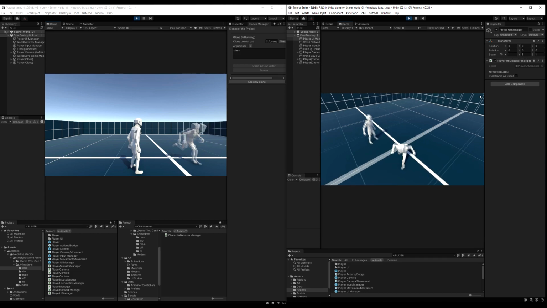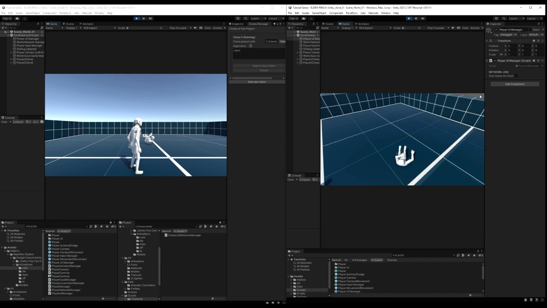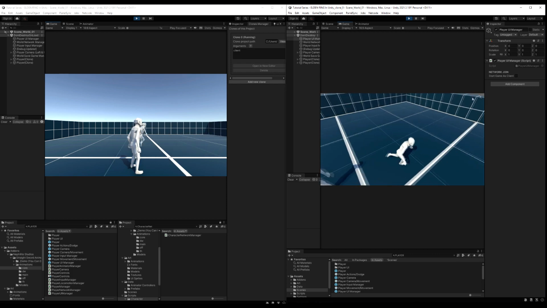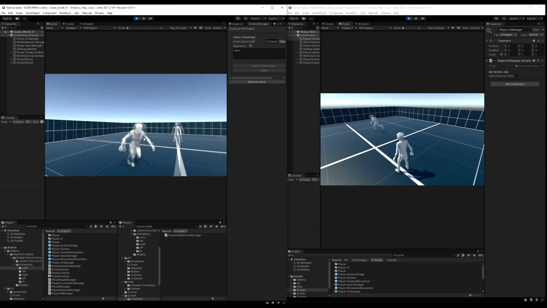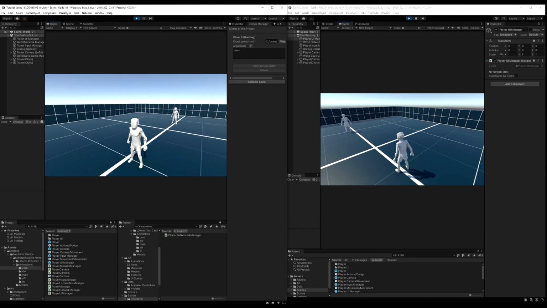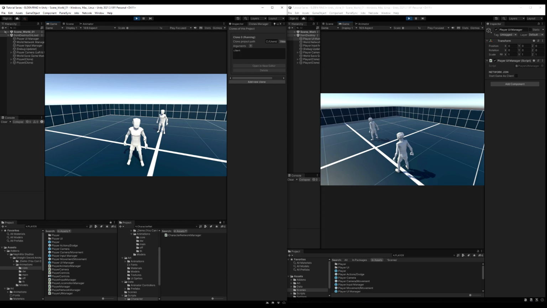And here I am on the connected client. If I run around and roll, you can see it syncs on the host. Excellent. So animation is syncing perfectly. And now if I go over to my host game, and you can see the host from the client, and I roll, you can see the animation is syncing as intended. All right, there we go. That is very awesome, very satisfying. So that's working as intended.